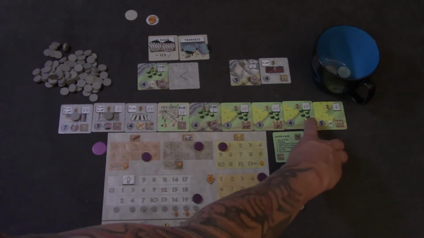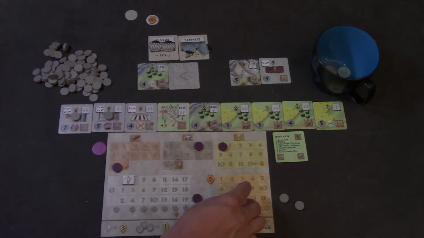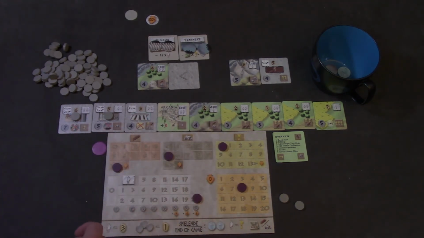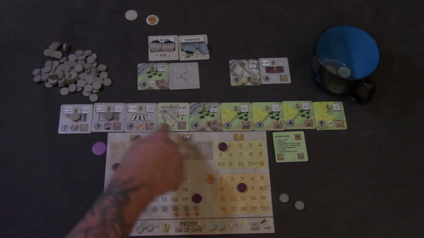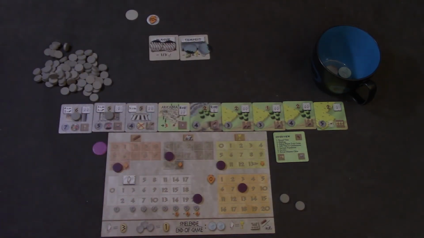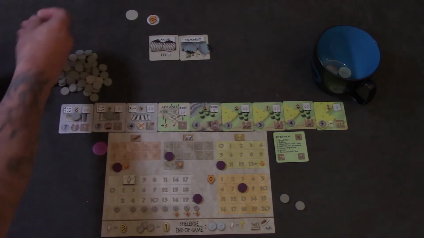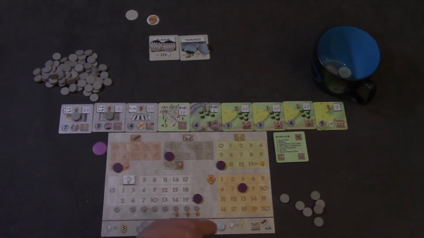And now income. 1, 2, 3, 4, 5 wood. 1, 2, 3, 4, 5. Stone. 1, 2. And then food. I have 3, 4, 5, 6, 7, 8, 9. I make that 10. These are all out. And now I get $5. $5. And now 6